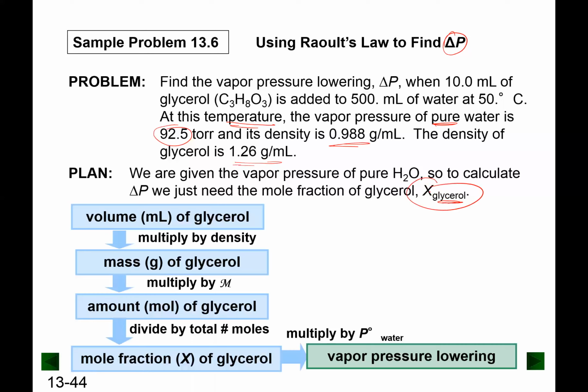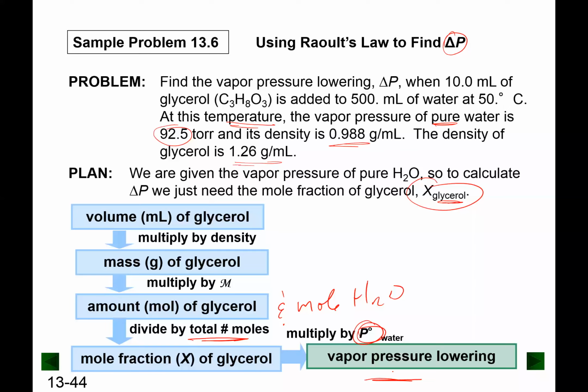To find our mole fraction, we're going to need the moles of glycerol and the moles of H2O. Then we'll find the mole fraction of glycerol by taking the moles of glycerol and dividing by the total number of moles, glycerol plus H2O. Finally, we'll multiply that times the vapor pressure of pure water, and we can calculate the amount of